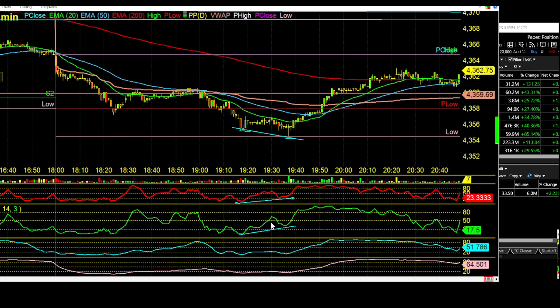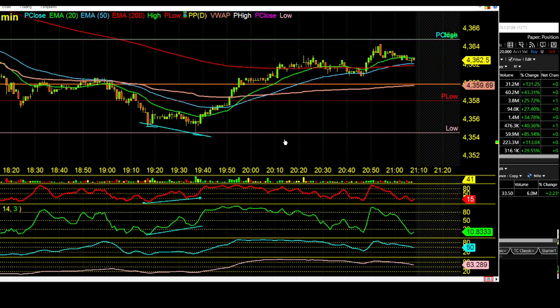So you had this 14.3. You see how high that stochastic is? That made that little low there. That's even a reversal candle too, which helps. And that's in the middle of the night too. I mean, not the middle of the night, but look at that beautiful move. So that was a beautiful divergence in itself.